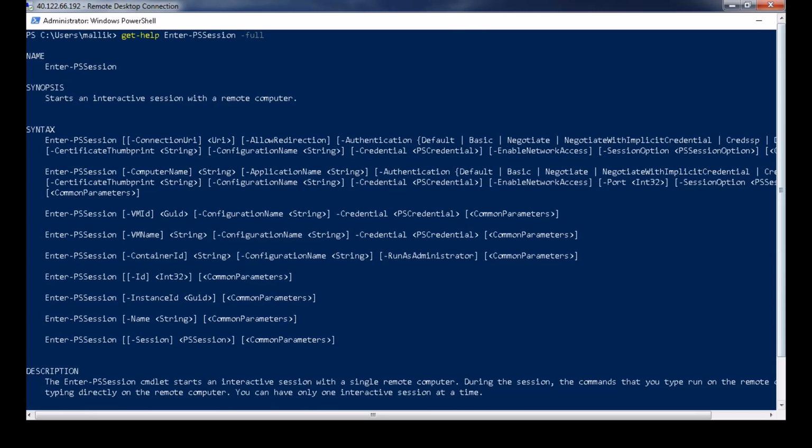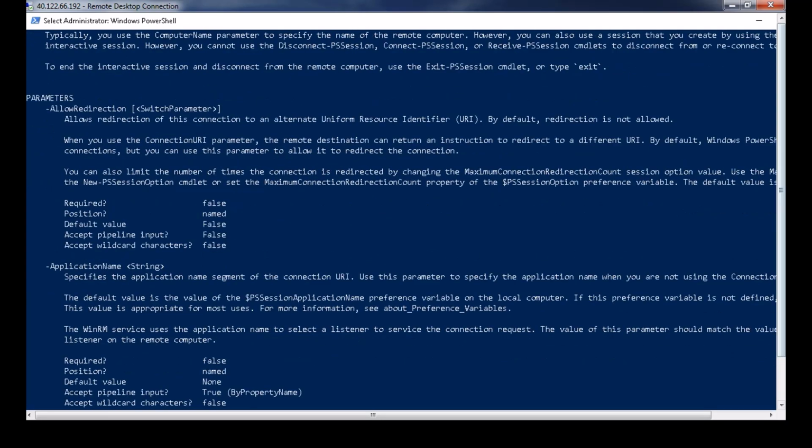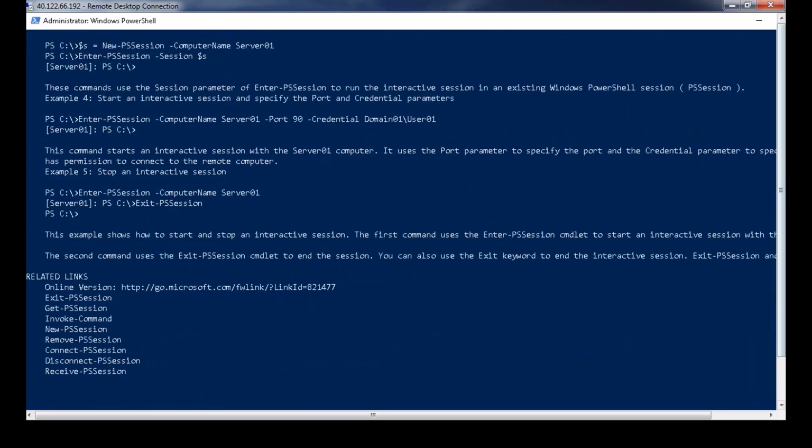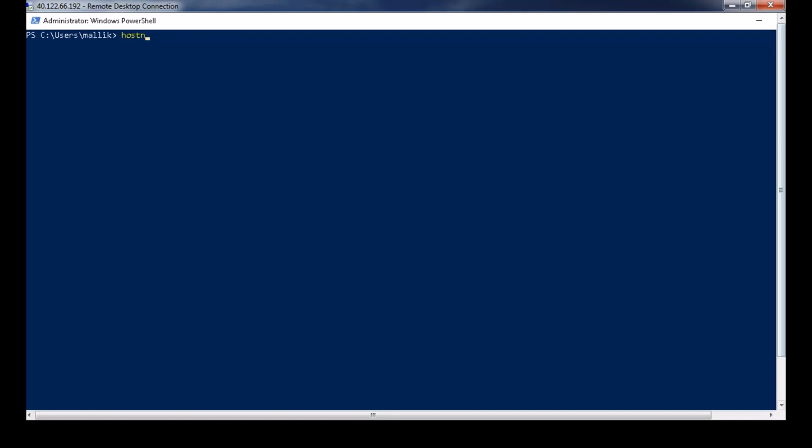If I want to use Enter-PSSession, I can specify a computer name, and this is a mandatory parameter. As you can see, the parameter and string are not in square brackets together, so it's mandatory. I want to specify a computer name in a string format. So now I understand that it accepts a computer name. Let's say currently I'm on a machine called DC. Now I want to do Enter-PSSession to a host called